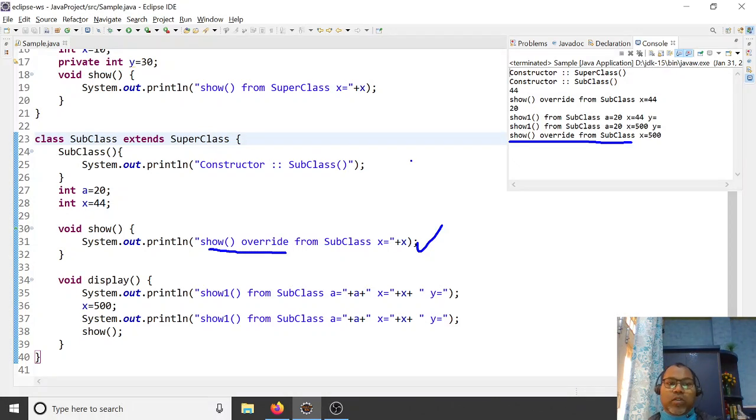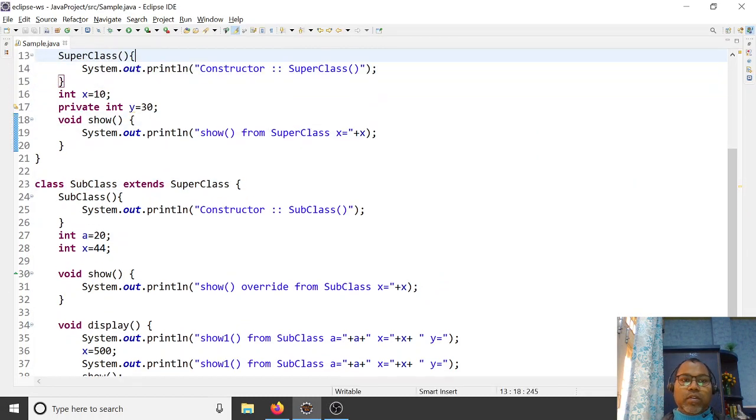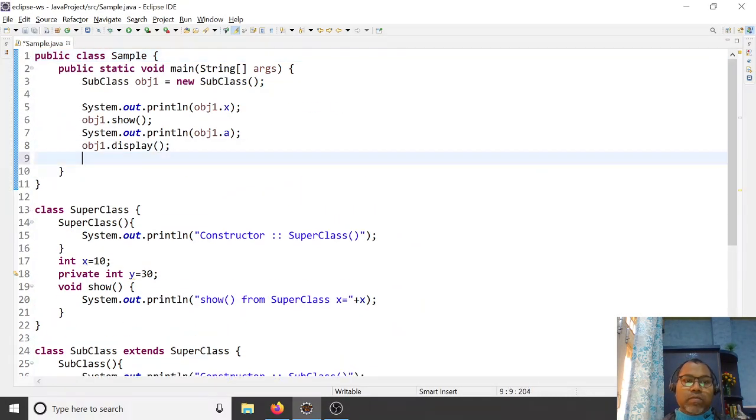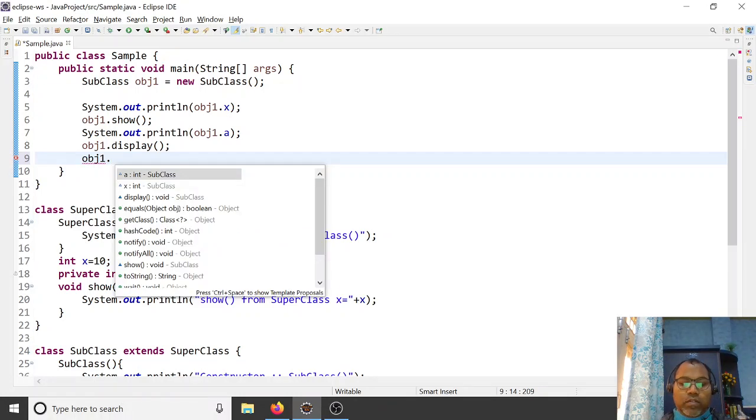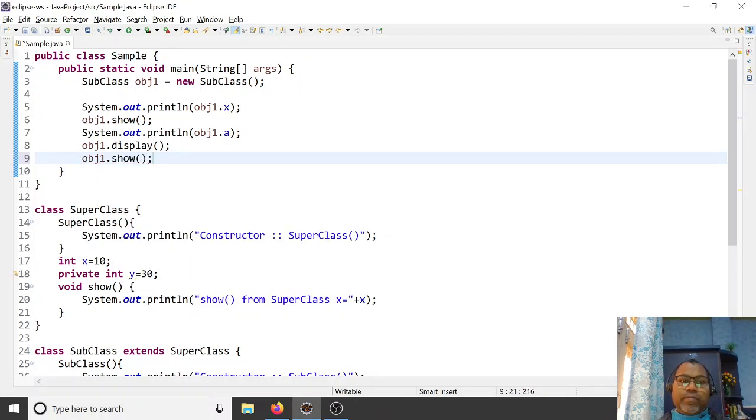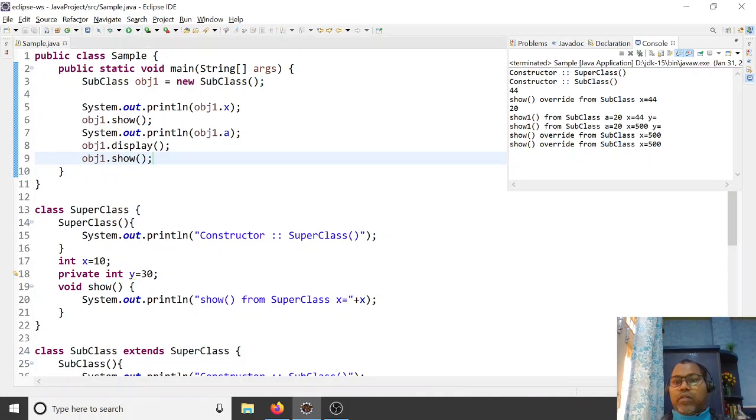And you can also invoke it from here as well, object one dot show. So they are in this value.